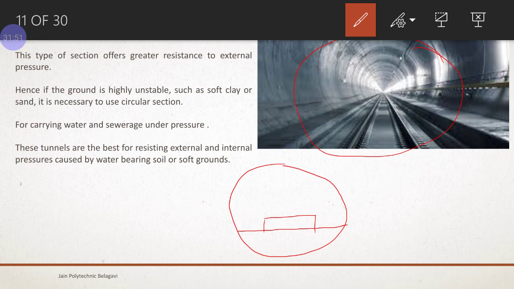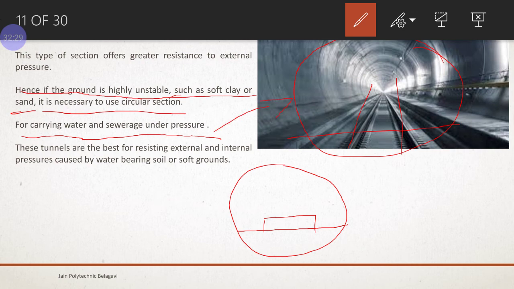In the same way here it is filled and then the routes are laid. It is constructed in highly unstable areas, on grounds with highly unstable conditions such as soft clay and sand. It is necessary to use circular sections only for carrying water and sewage under pressure.